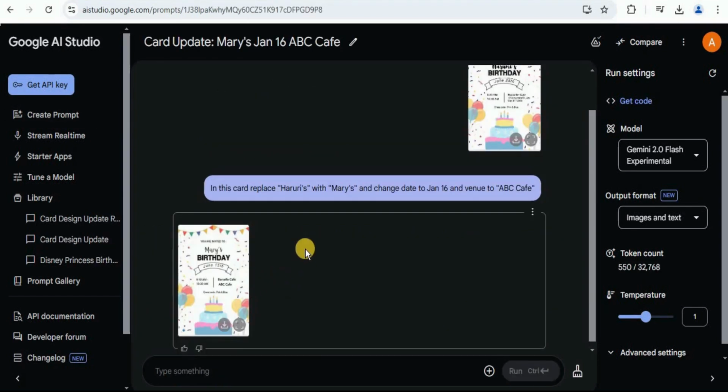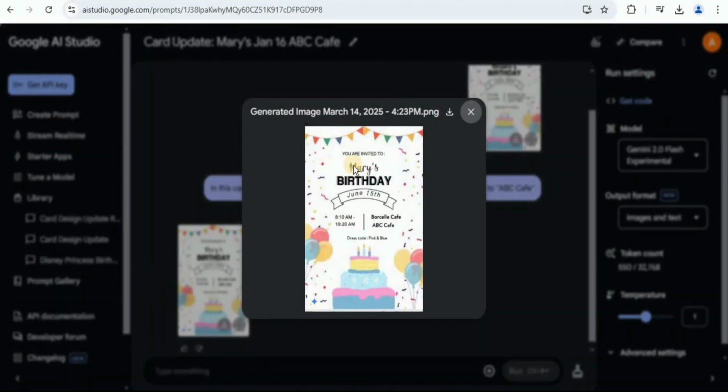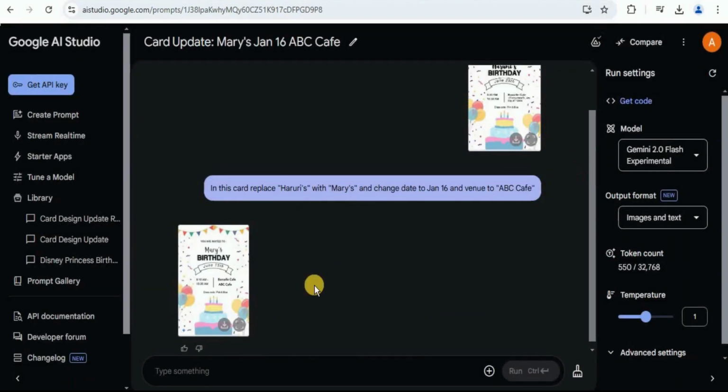Wow, in just a few seconds, it has replicated the card and has made the changes that we asked it to. You can see that here, instead of the name, it has changed it to Mary's birthday. Here is the updated date, and here is the updated venue, and everything else is exactly like the card which we provided it. So this means that it might even kill Canva, where you still need to manually do multiple steps and enter the text yourself. It's just way easier. So with AI Studio, you just need to prompt it and it'll generate the entire design for you in just a few seconds, with the text added according to your choice.